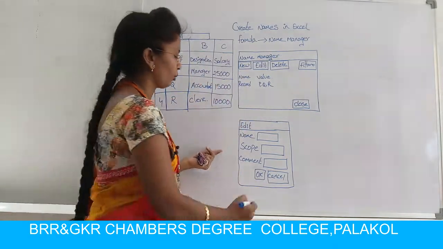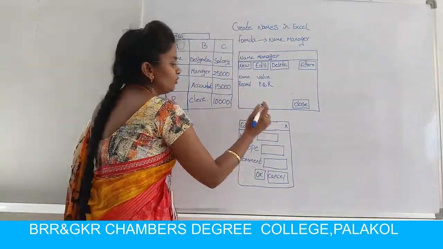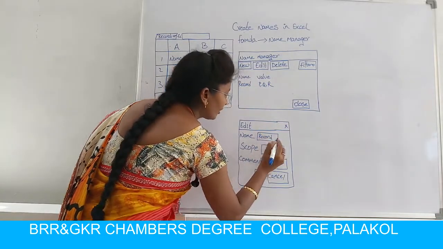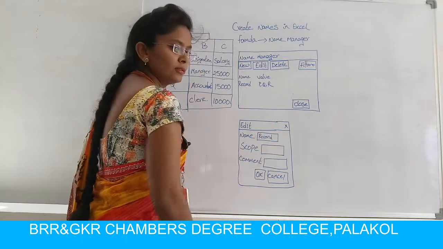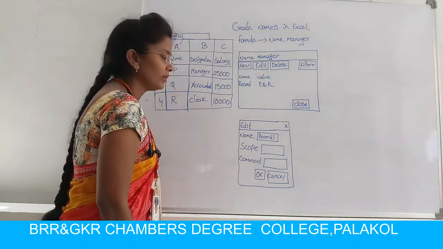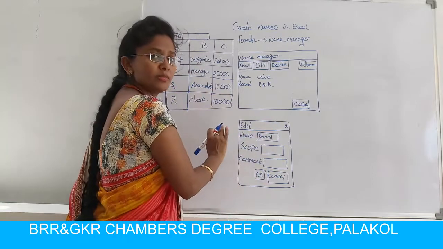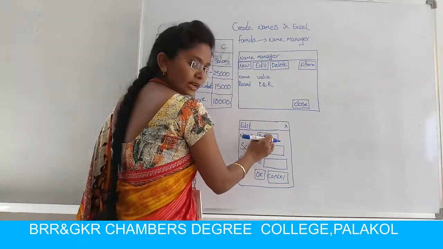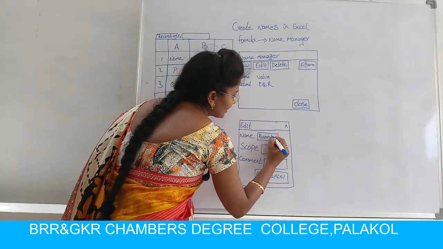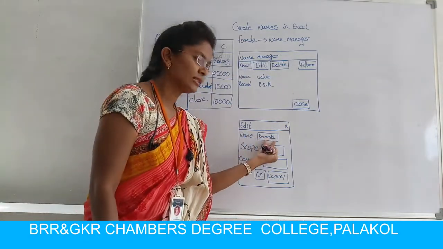Edit dialog box. Here in the name box, the already created name will appear. That means the created name is record. I want to edit this name, so click on this name box. The cursor will appear here and then write some name over here. If you want to replace the total name, replace it. If you want to just adjust something, place the cursor over here and then write something. I am giving this name as record 2.